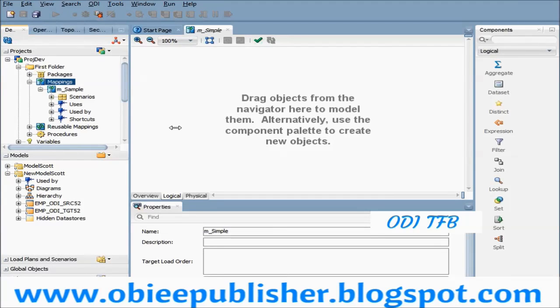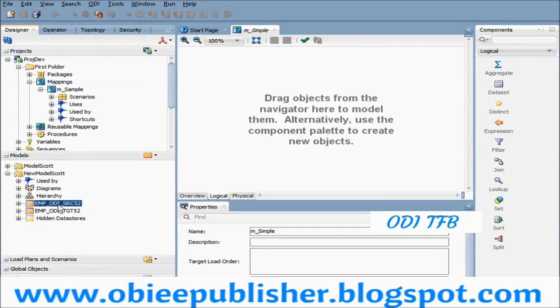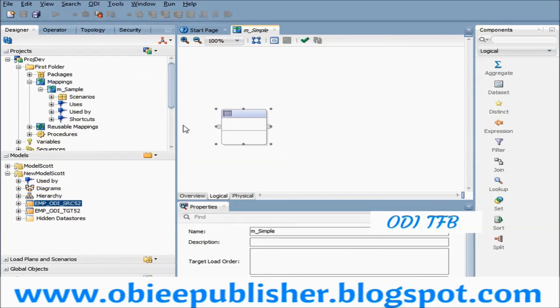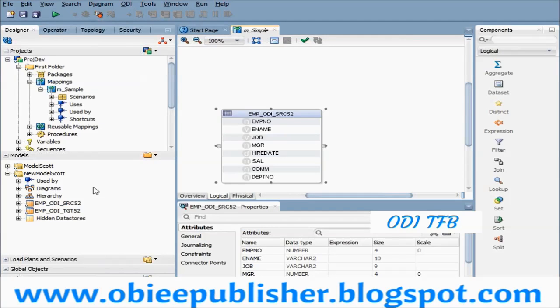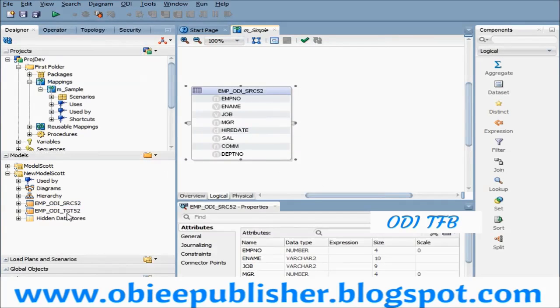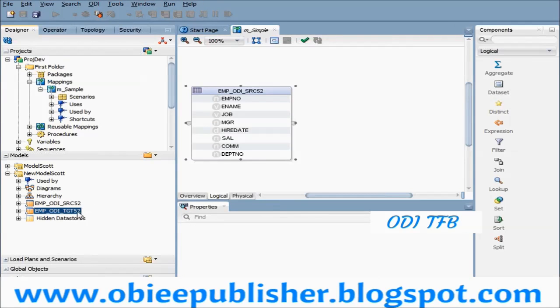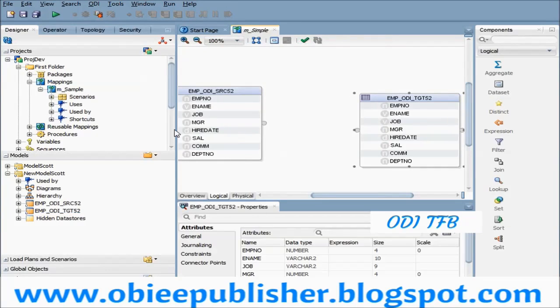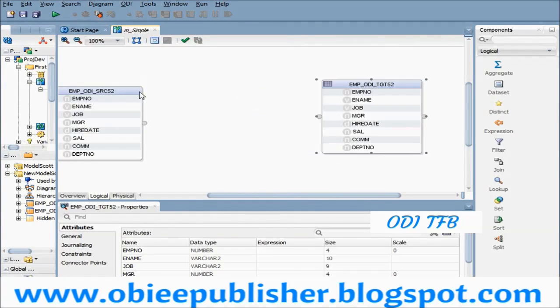By dragging any object from the left side, let's say I want to read data from this particular table, you can just drag the table over here, because we already reverse engineered or imported the tables and kept them here. This data I want to load to the target. I have already created one target table, which is also in the same database, so I am dragging it over here. By placing these two objects, you can now decide from which table you want to read.